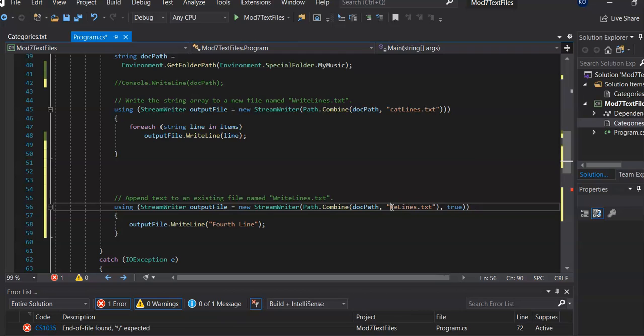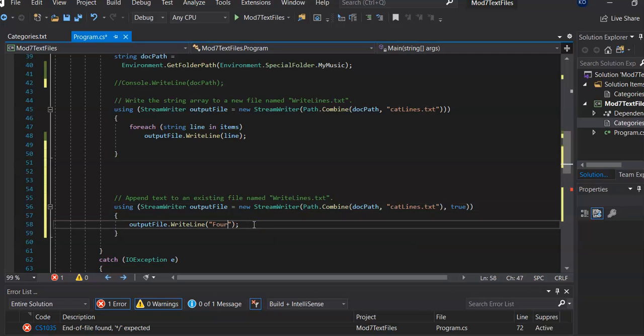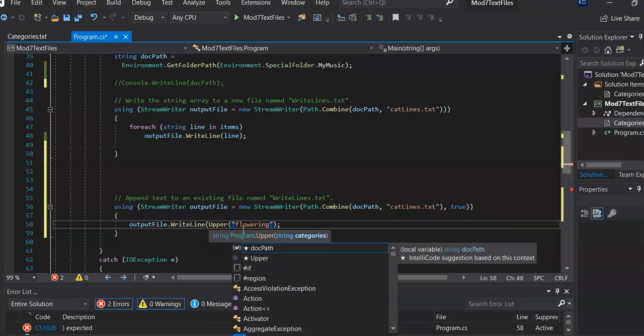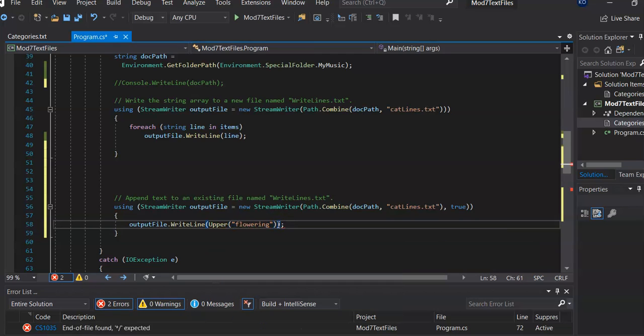Yep, so I'm going to change that to CatLines. And then I don't want to WriteLine this. I want to WriteLine, it's like a new category. So these are like plants, so I'm going to say that flowering is a new category for me. Okay, now in order for it to match everything else that I did, what should I probably do with flowering before? I should probably uppercase it because that was the method that I used. And so I'm going to run this